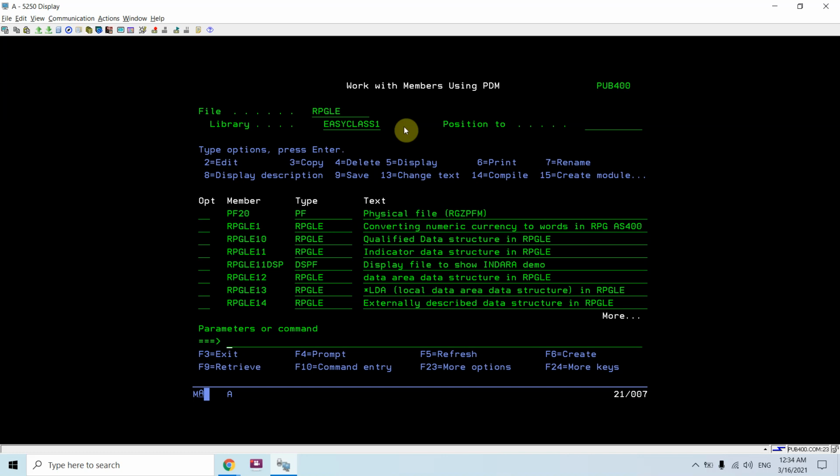So I can see here the RRN 2 was freed by deleting that record, but it is still not in use by the system because that storage space is not actually freed up. Once we perform rgzpfm on that physical file member, only then will we be able to reuse that RRN, that freed space. So basically it reuses the deleted record space and then reorganizes the RRNs. Let me show you the demo.